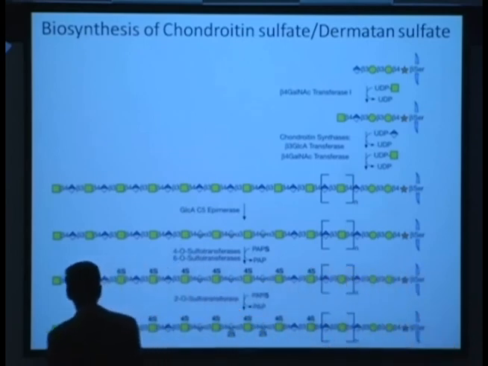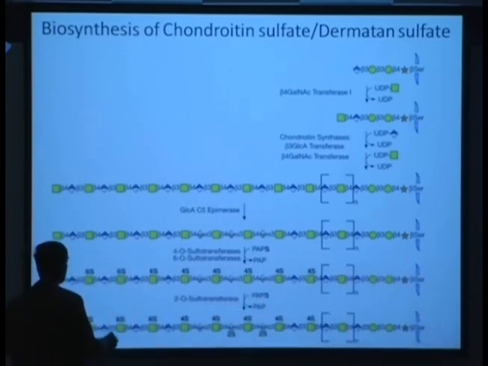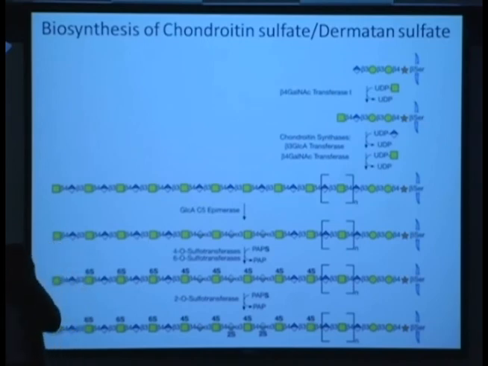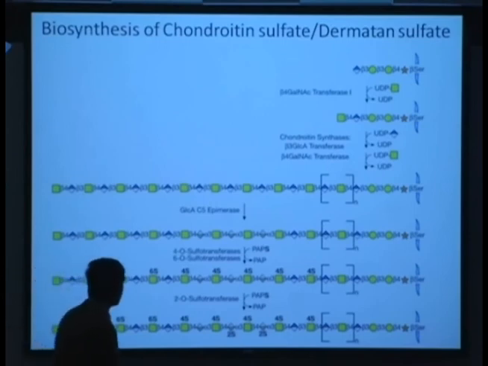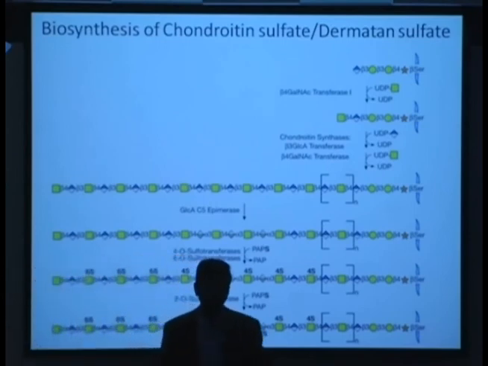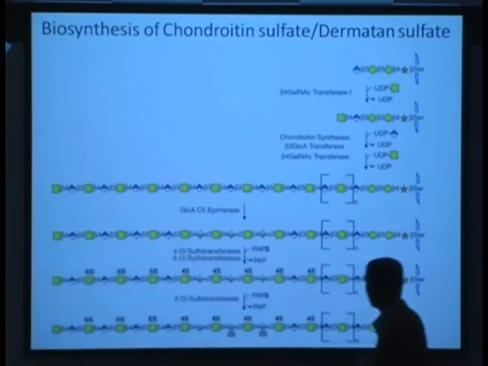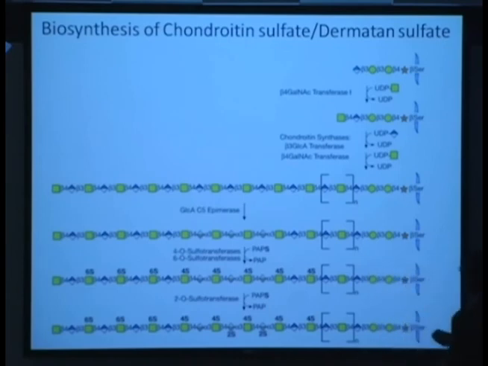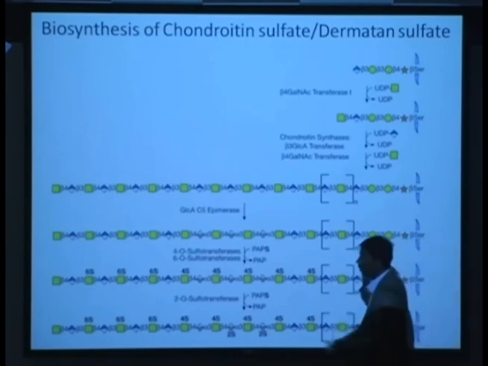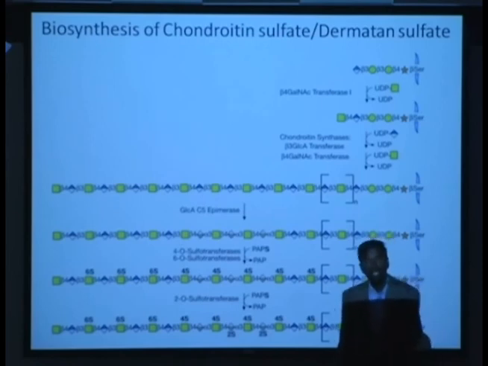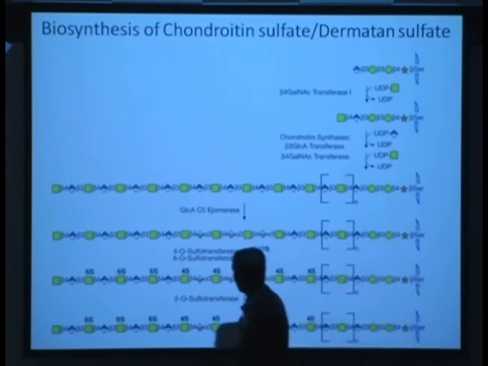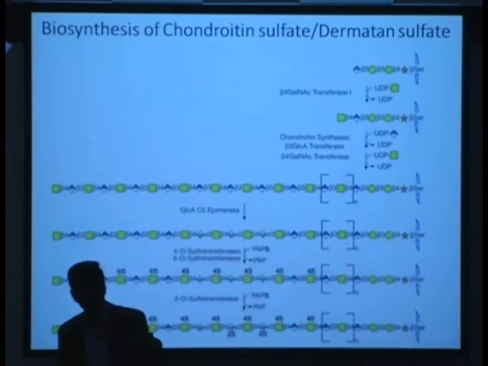And the next enzyme is glucuronic acid C5 epimerase. Again, in chondroitin sulfate, it's not quite clear what the sequence of events is that results in forming these 4-O-sulfated, 6-O-sulfated, 2-O-sulfated repeating disaccharide units. And in HS it is going to be different, you can see that. Even though the slide here shows that you do C5 epimerase first and then 4-O-sulfation, a number of other people suggested that both C5 epimerase and 4-O-sulfotransferase have to work together,